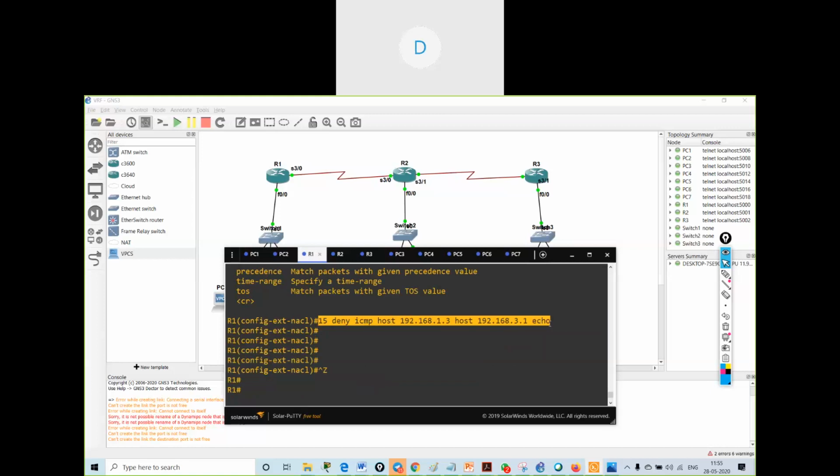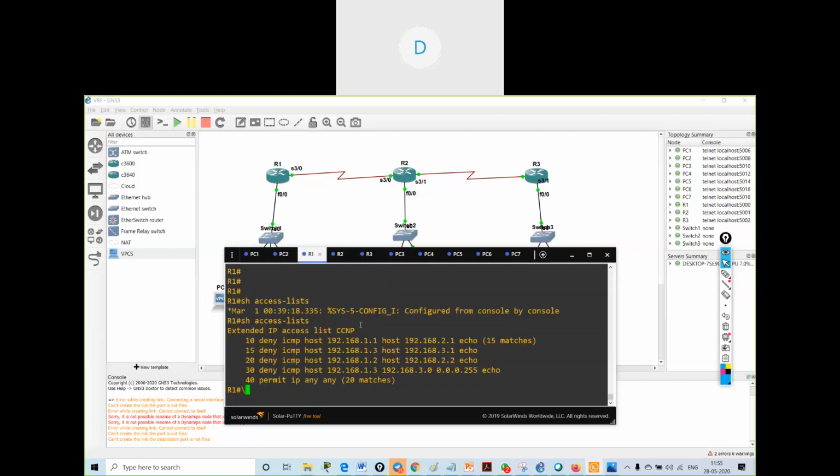This I cannot do in numbered access list, because numbered access list works in sequence. If I add any statement after giving the permit statement, it will come below the permit statement in numbered access list.